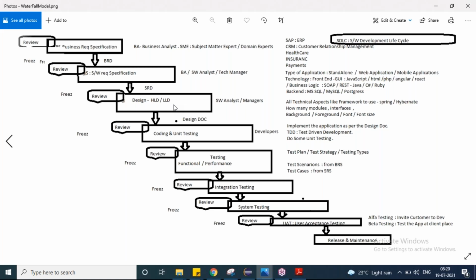Later on, after 10-15 years, the customers and even the development team were not happy with this model. What is the model? We are not allowing changes in the middle, right? Because at the end of the day, the customer is paying a lot of money, and whatever he wanted to implement, he should be able to implement. Meaning he should be able to change the plan. Finally, that is going to be his baby. He is going to use that application for his business. And you as a development team are not allowing him to change the requirements. Then how will he be happy? So you guys are not supposed to do like that.